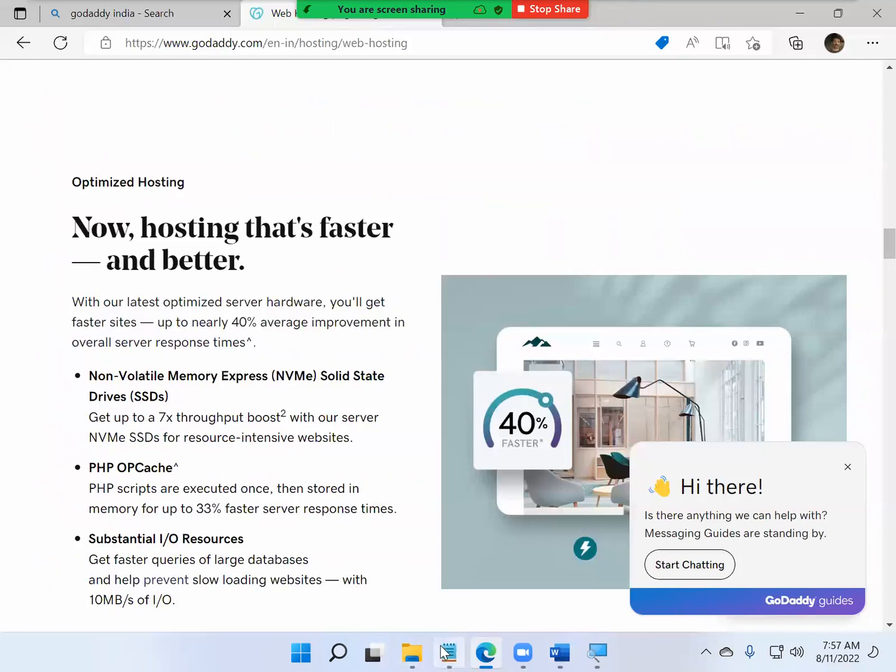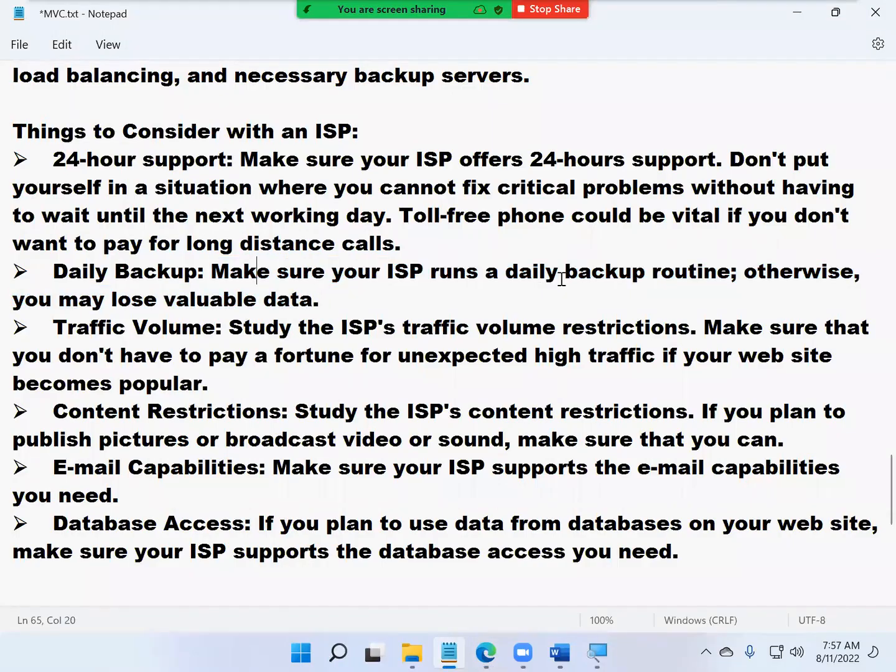So that's the other thing. Make sure the daily backup service is available. Suppose you're doing some business and you need the old orders. The customer expects to see the old orders on the mobile phone. You just log into Flipkart or Amazon or any of these, and you see your old orders. That option should be there, and further backup should be maintained.